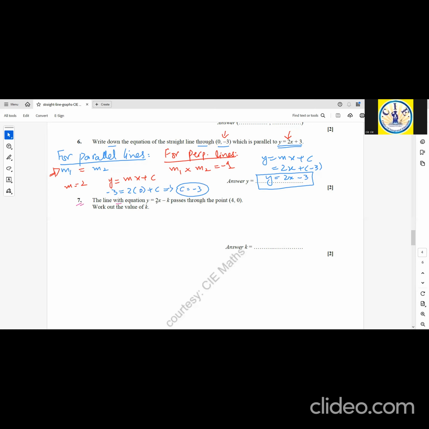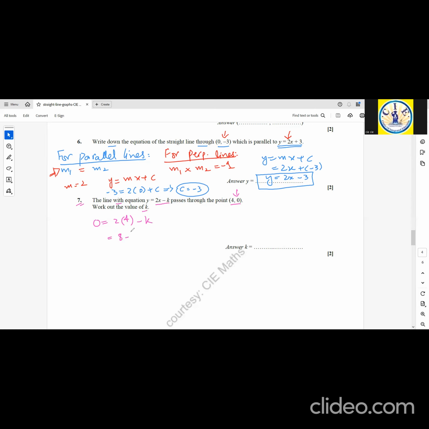The line with equation y is equal to 2x minus k passes through the point (4, 0). Work out the value of k. Since the line is passing through this point (4, 0), that means the line satisfies this point. That means when I replace the given point in y is equal to 2x minus k, with y equal to 0 and x equal to 4,